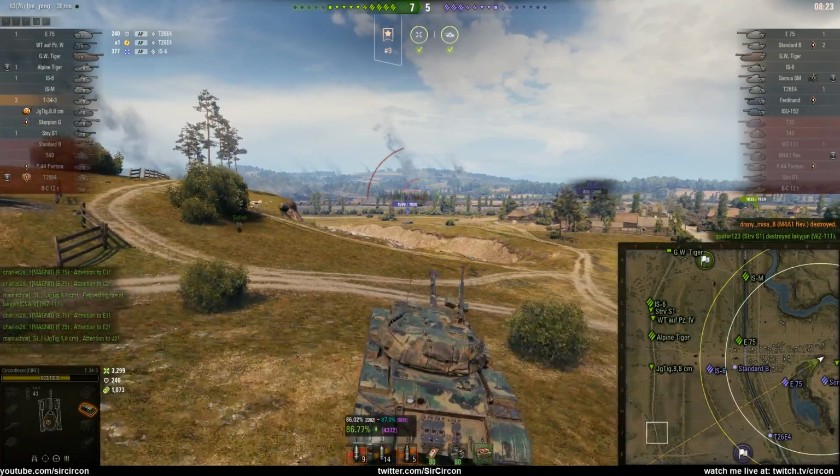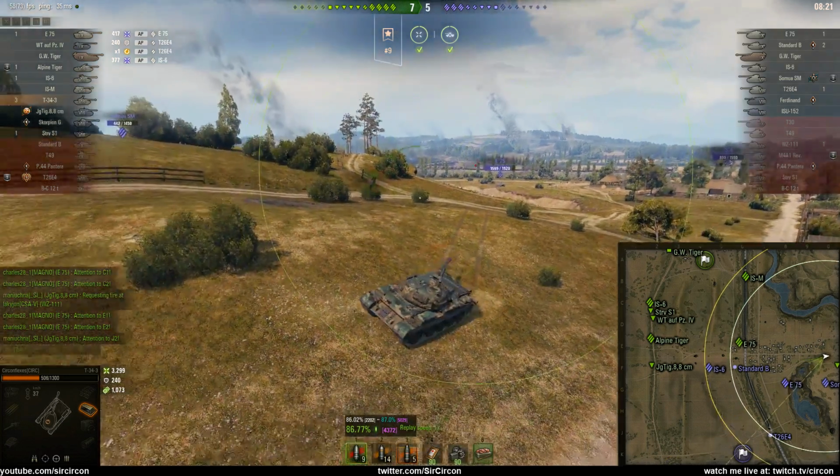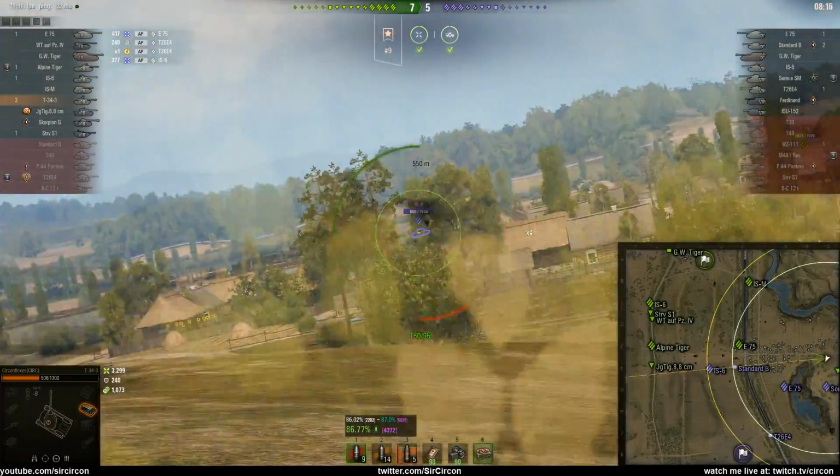I do this a lot, by the way. When you try and pull away from the hill here, there's a bump right here, and you're always like, oh, I'm gonna be safe now. And then you go over the bump and you still get shot. This happens to me all the time. Oh well. So E75 is stuck because he only hits it for 417, so we know he has the stock gun at least,